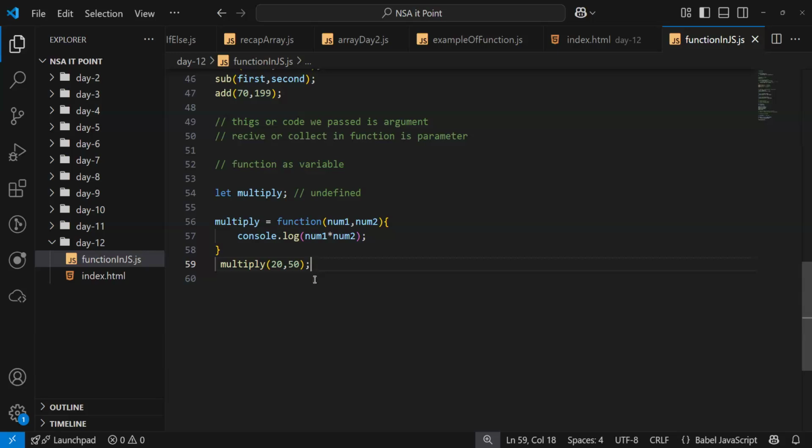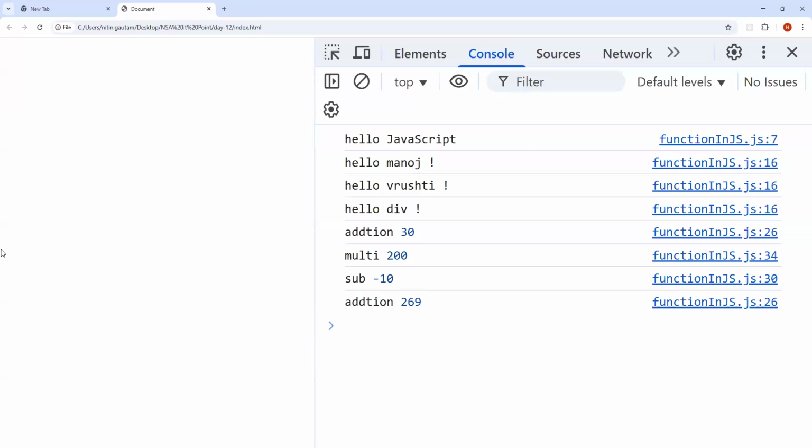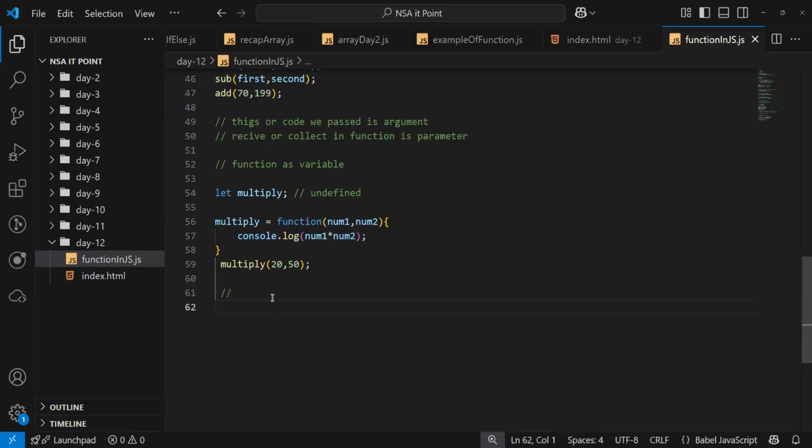Anyone have any doubt? Let's see the output. Reload. Can you see the output? We ran successfully.